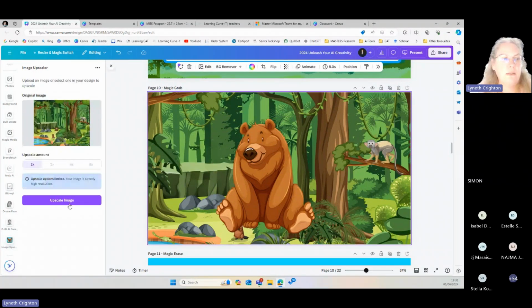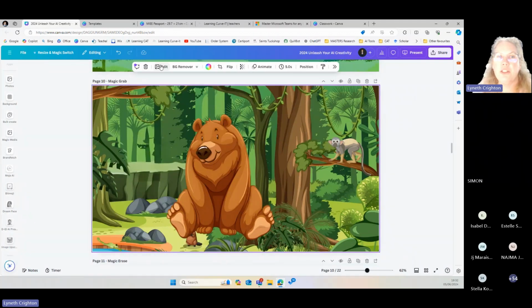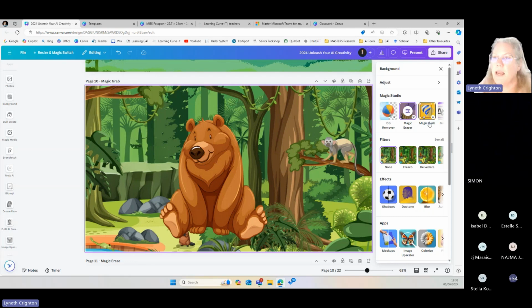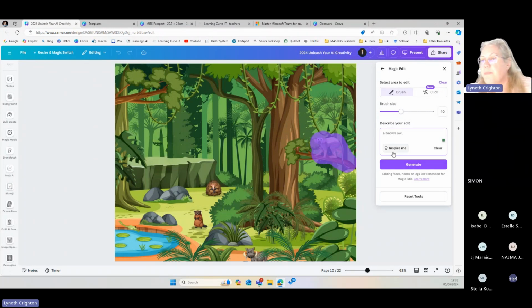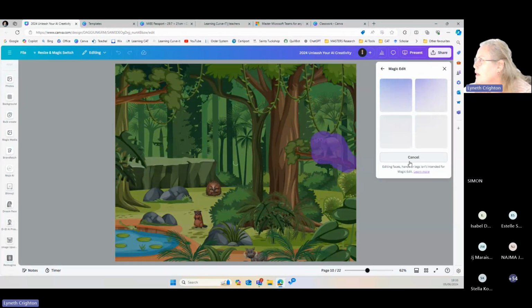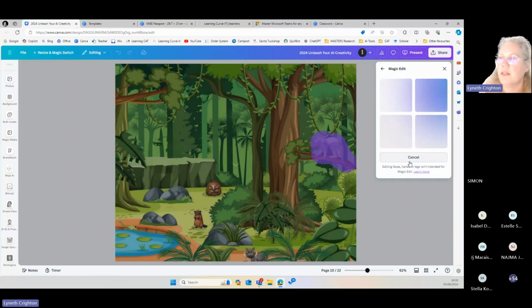But equally, and this is how you close these new windows, if I go back to edit, I can look along the Magic Studio here, and I can use Magic Edit, which means I can color in the monkey and change it to a brown owl. It has fun things like Inspire Me. Oh, Bronwyn, you're doing an amazing job.